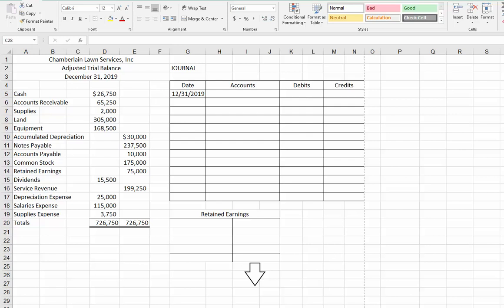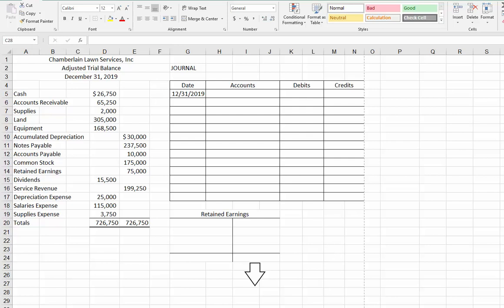Today's video is going to take a look at closing entries. Closing entries happen at the end of an accounting period. And remember, the goal is to eliminate our temporary accounts so that they'll have zero balances for the next accounting